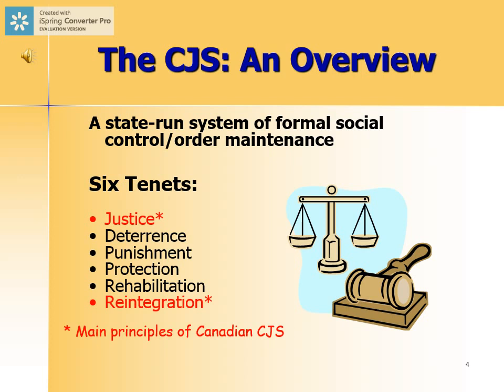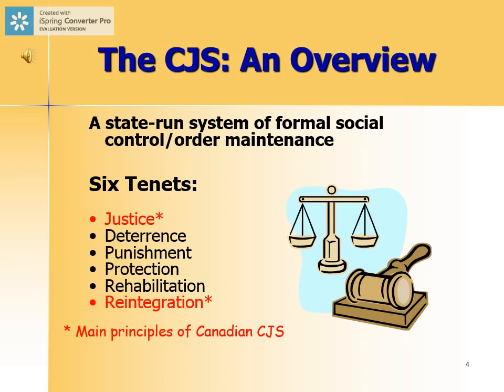The third and most obvious function or tenet of the criminal justice system is to punish. It's to punish people. Again, the whole system is based on the idea that if you do the crime, you do the time. And punishment is strongly related to deterrence, because the idea is if you have strong or punitive punishment in place, that's going to deter people from committing crimes. The fourth tenet is protection. Again, the criminal justice system is in place to protect individuals and protect society from criminals, from offenses.